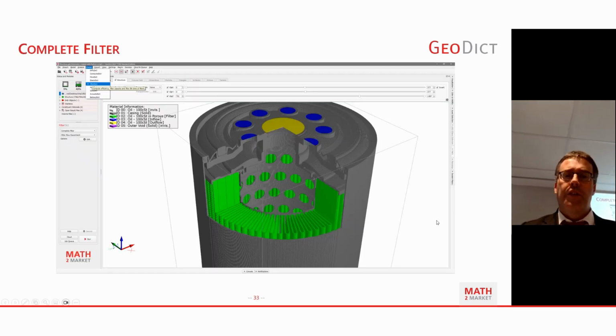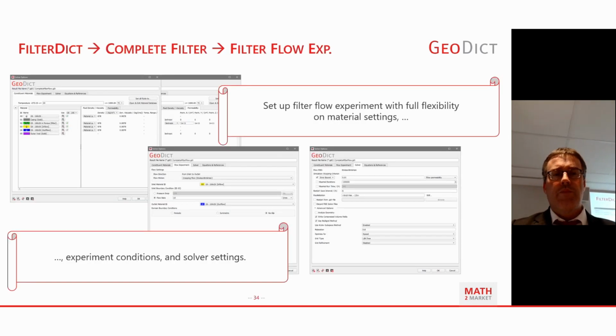This is part of the prediction tab. We will focus here on the complete filter and the filter flow experiment. So we don't have the multiple outlets as specified last time, in the highlight section. There you can set up the full flow experiment.